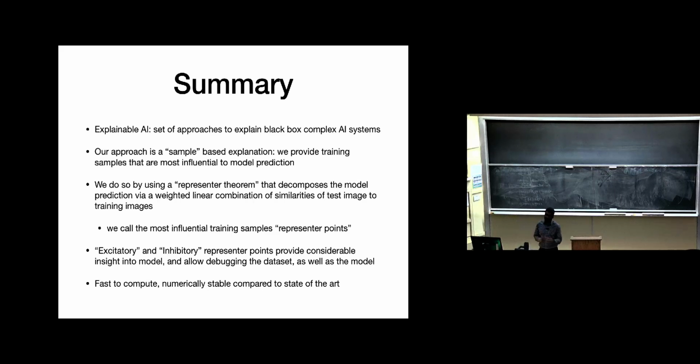And you can talk about positive representers and negative representers, and what's most interesting are really the negative representers, inhibitory representers, which are training data points that are similar to the test data point, but would discourage the model from predicting the class that you're focusing on. And so that would give you a lot of insight as to, it looks so similar to the test image, but it does not want you to predict this class. Why is that, right? So looking at that would give you a lot of insight into the nature of that class, right? So something that looks like a dog but is not a dog gives you a lot of insight into what a dog is,